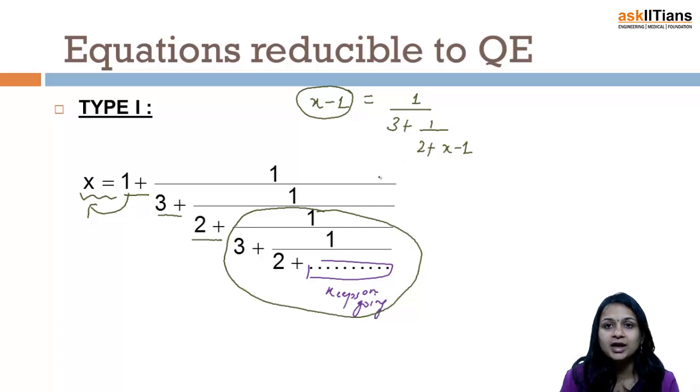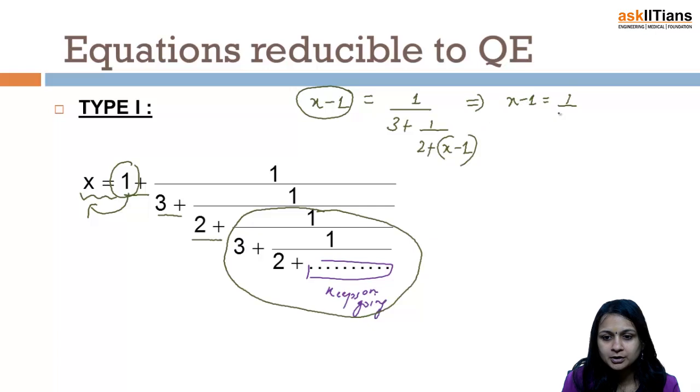So this is how we solve the question. We have to think where everything is repeated. This 1 was extra, so first of all I put it on the left hand side, and I saw 1 upon 3, nothing is repeating. Once I saw 1 upon 3 again, it is repeating, so it is again equal to x minus 1. And now we can solve this and get the answer. So this is x minus 1 equal to 1 upon 3 plus 1 upon 2 plus x minus 1. So this becomes x plus 1, so 1 upon x plus 1.